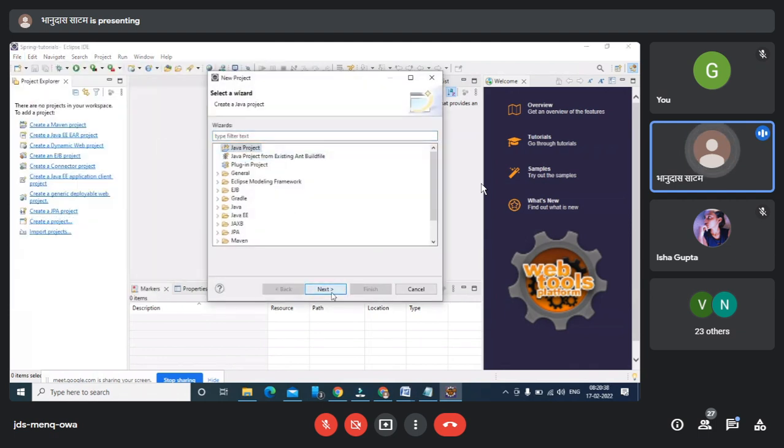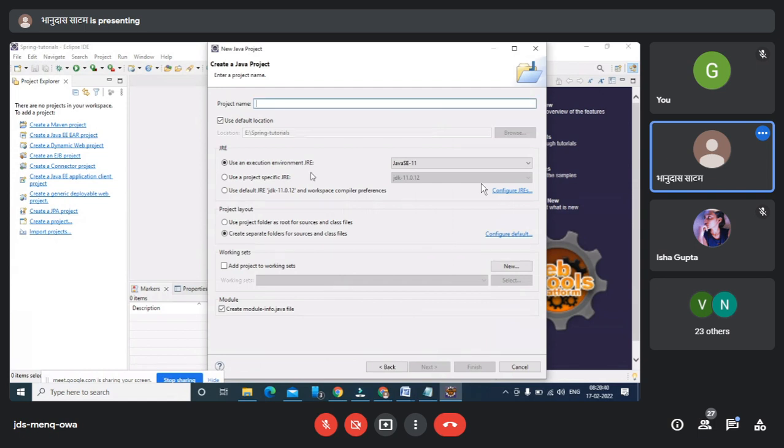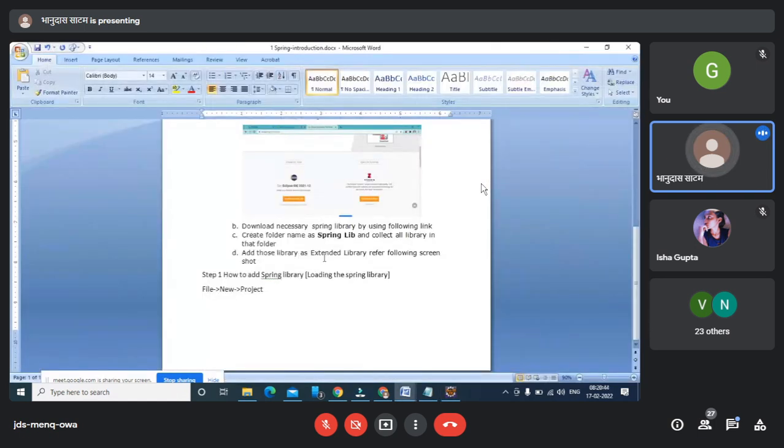Then select Java project, click on next, and here you write a project name. After creating the new project, give any name to your project.